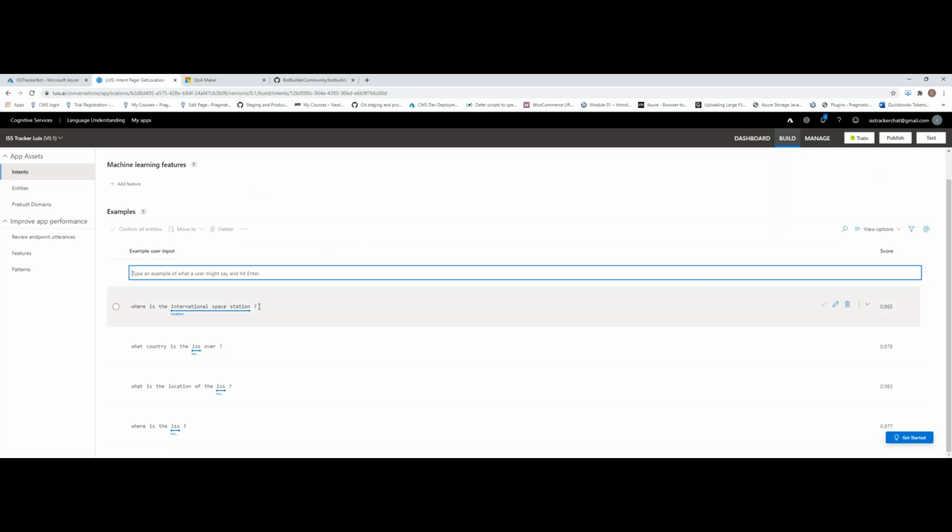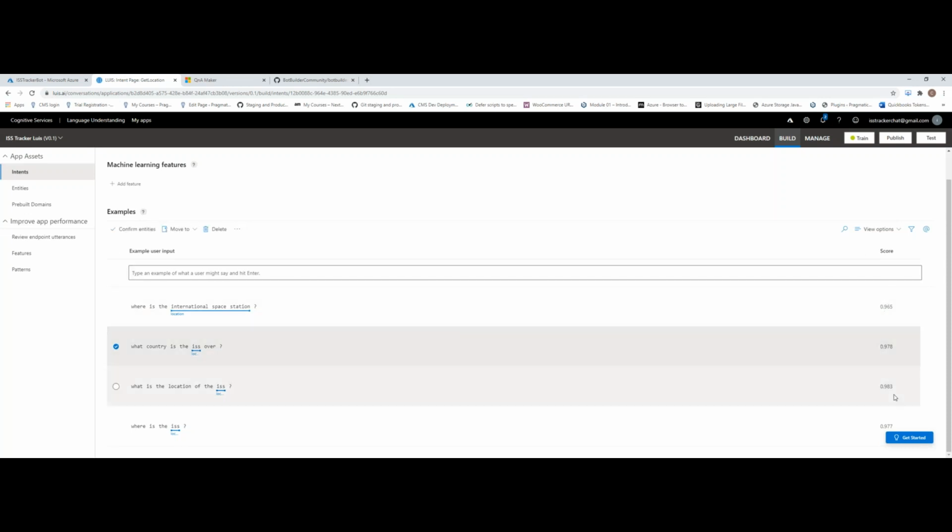So when we say, where's the International Space Station, our entity picked up is the location entity, and it gathers the International Space Station as that entity. So if we added some, we can see here there's a confidence score set for each of these. This score actually represents how confident the Luis system is that this is the correct intent for the statement. And the more utterances you add, or the more examples you add, the more accurate your Luis is going to be. So where's the ISS is not one that I've seen there at the moment. If we go ahead and add that,